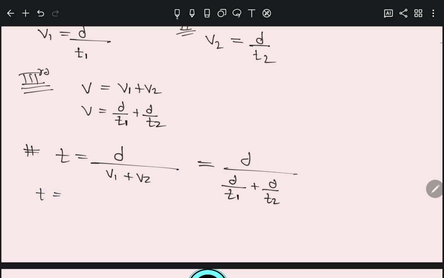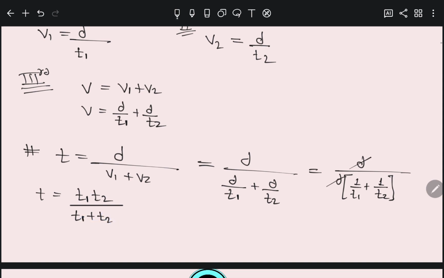So I take d common, so 1 upon t1 plus 1 upon t2. D cancels with d, so t equals t1 t2 divided by t1 plus t2,